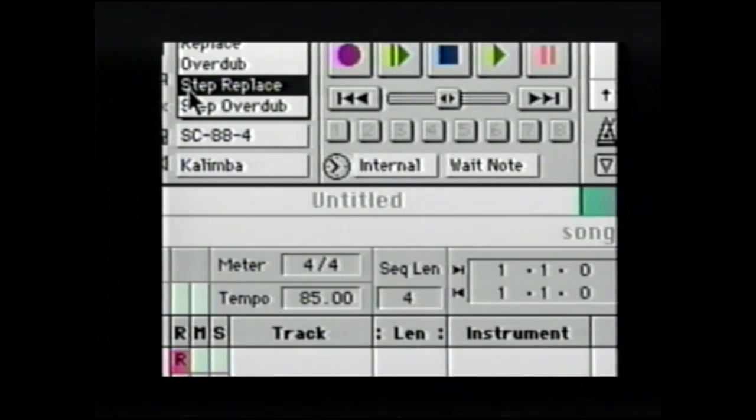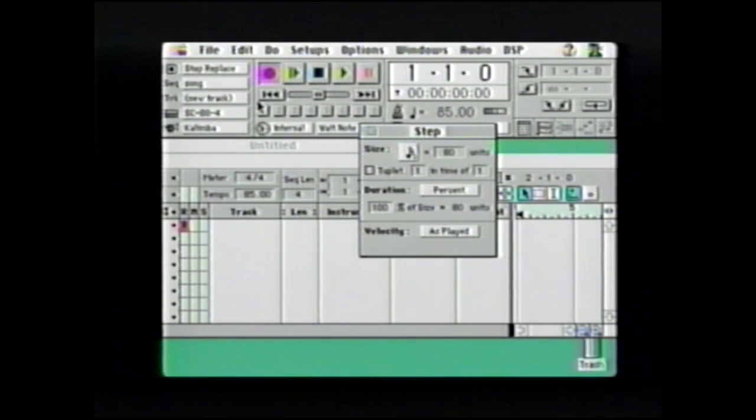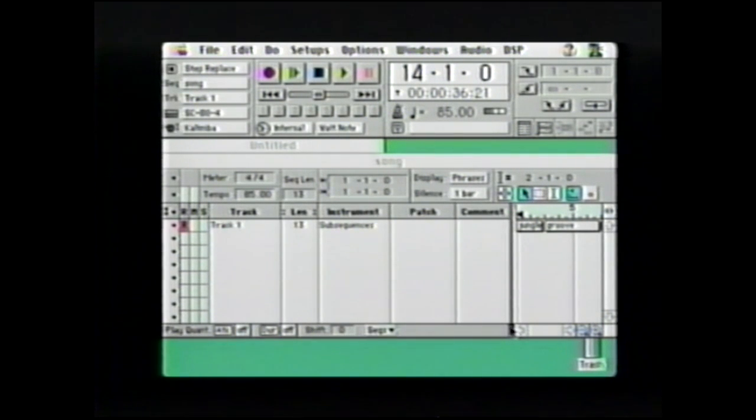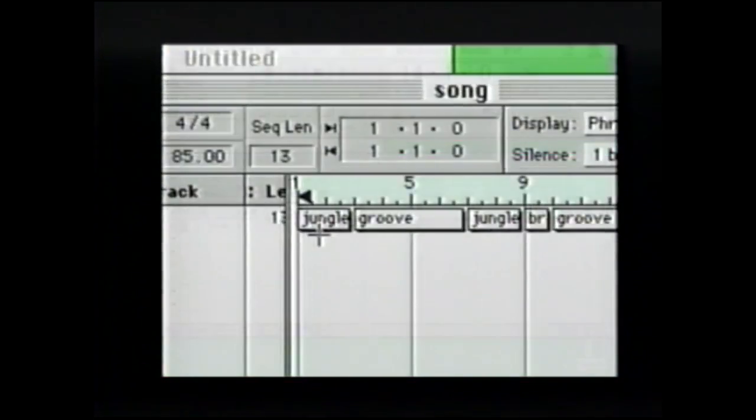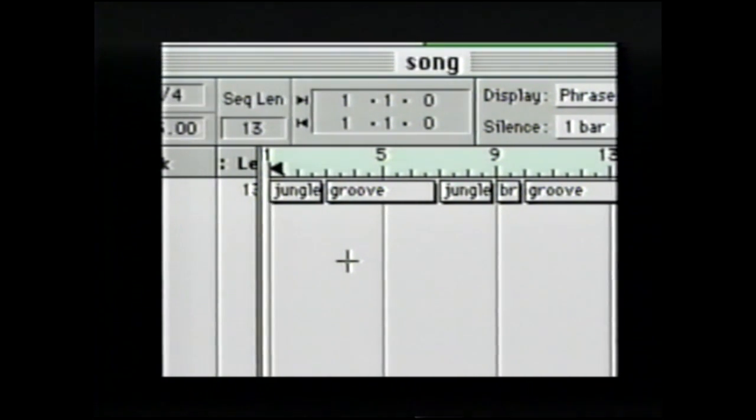I'm going to set step replace. I'm going to hit record, and then I'm going to press B, A, B, C, A. Now you see what it did? It laid out the different sequences in my song: jungle, groove, jungle, break, groove. If we hear that,